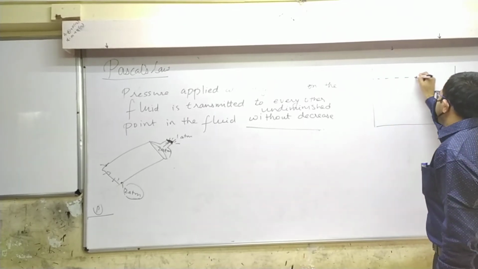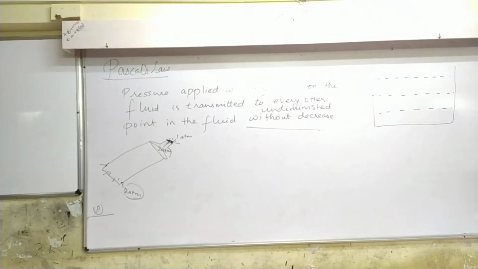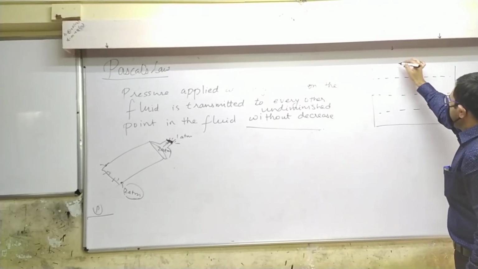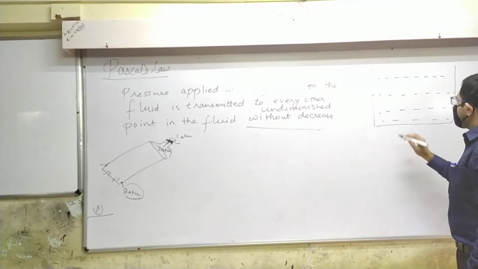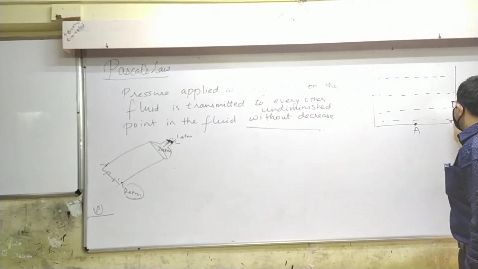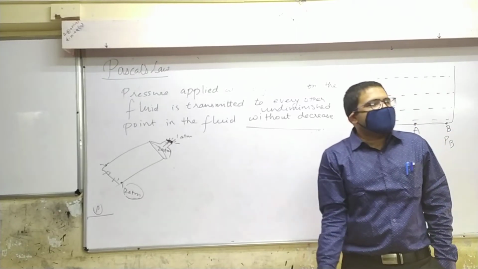Okay, but this one will be a little challenging. I'm presenting it as a question. Let's say that this is some fluid, could be water, could be anything, no problem. And there are, let's say, 2 points. 1 point A over here and 1 point B over here. In this situation, when there is nothing else, there is just some fluid, and these two are at the same level. Pressure at A, pressure at B, which is more? Both are equal.